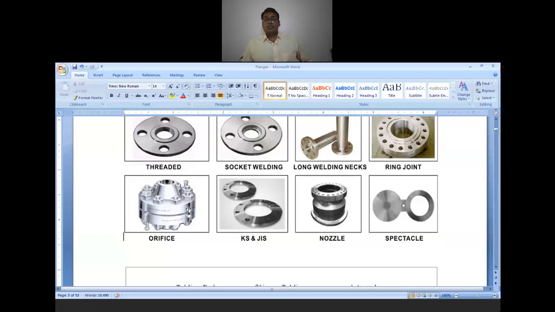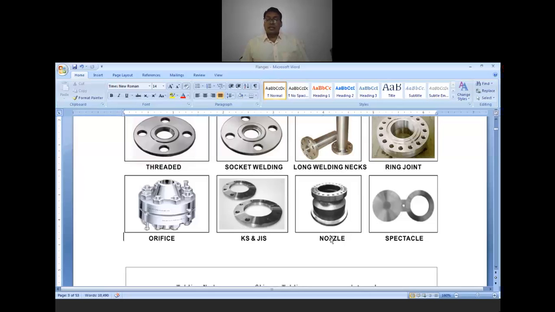Now these orifice flanges are provided with certain holes; the orifice plate is provided in between, and holes on the lateral section are also provided for the pressure tappings. You must have studied this in your fluid mechanics, how the orifice is attached in the pipeline. So such specially designed flanges with certain pressure tappings are used for the measurement of pressure.